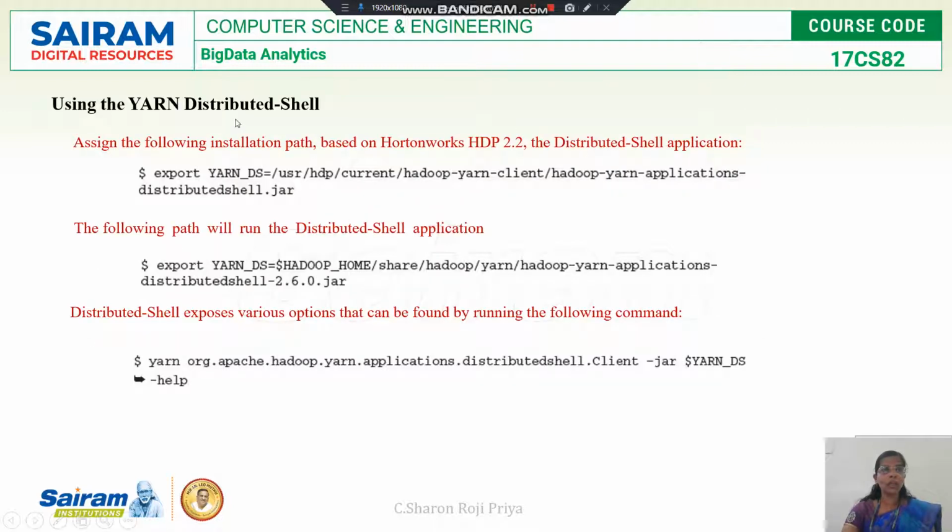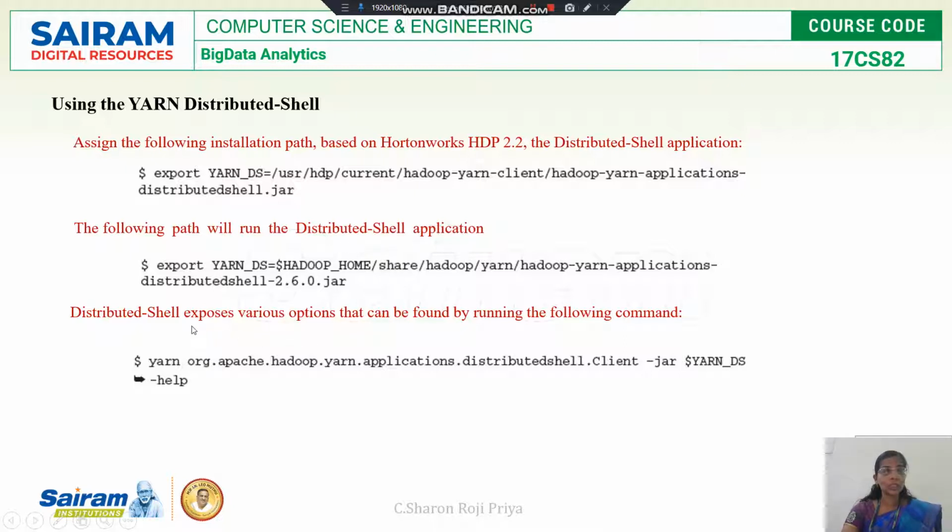And we can see how to install this on Hortonworks HDP 2.2. This is how we have to do the installation, and this is the command to execute the distributed shell application.